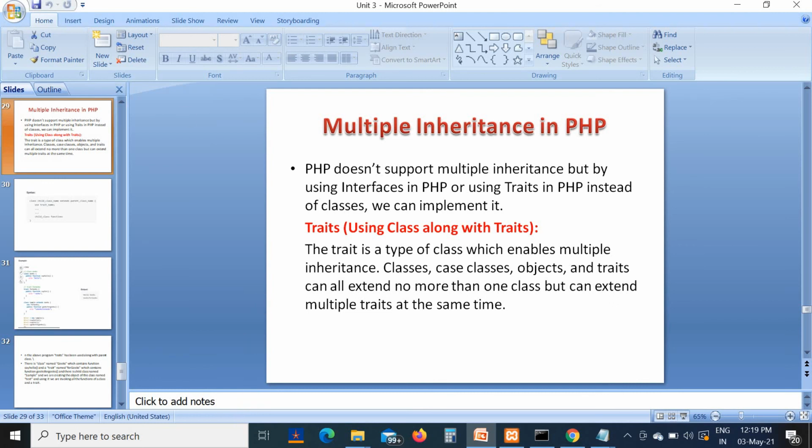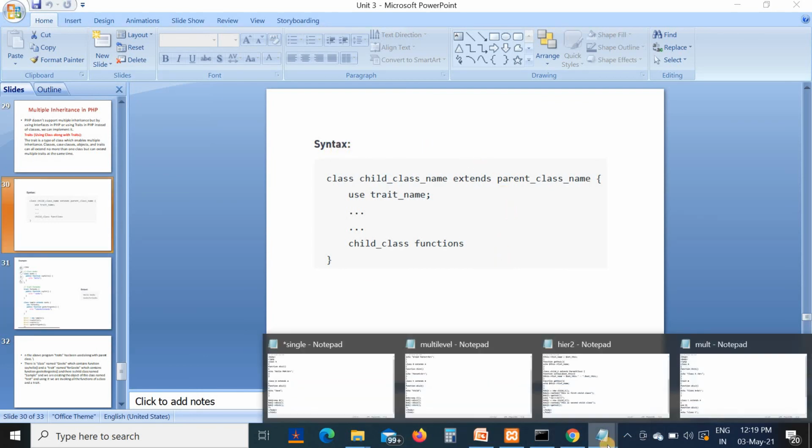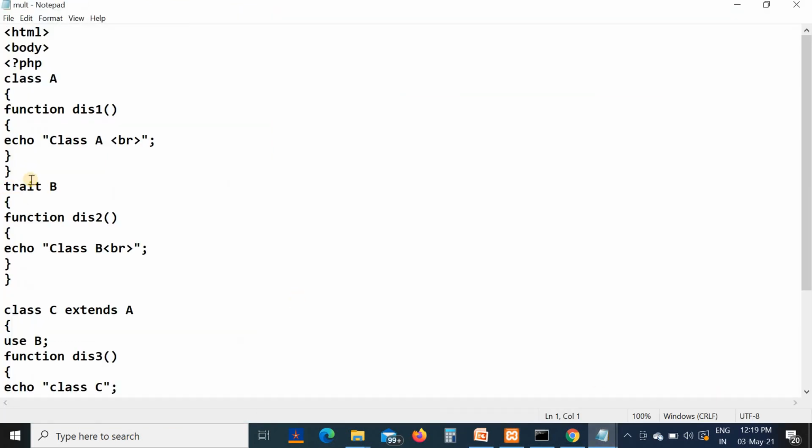These are the different types of inheritance present in PHP. Here I have given the syntax for defining a trait. In the program also I have shown how the trait is used. A trait class is defined by using a trait keyword, and to use that class in a derived class, we simply use a use keyword.